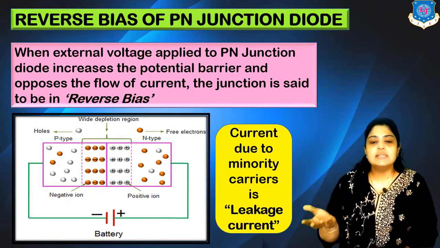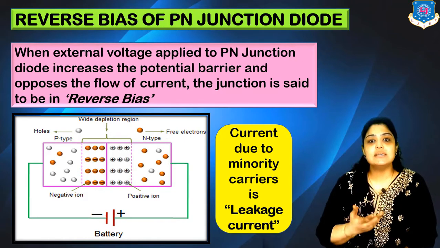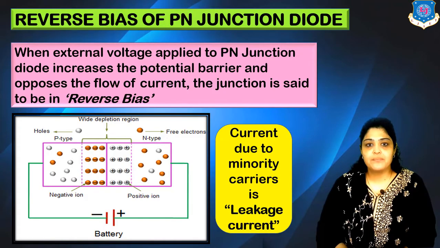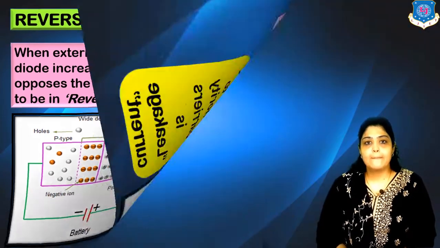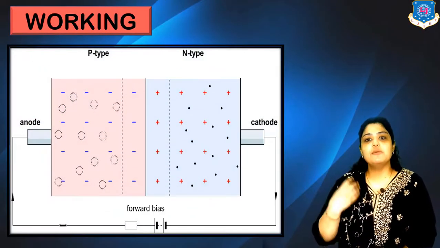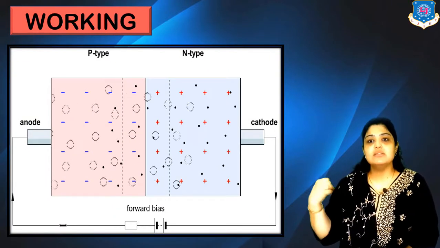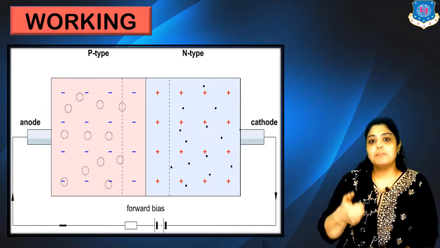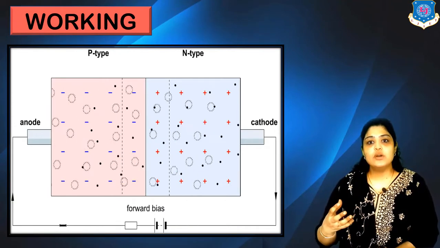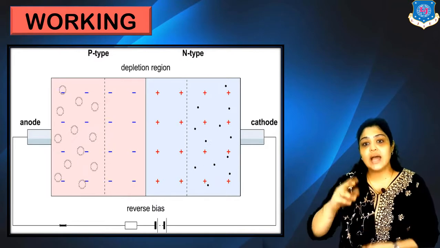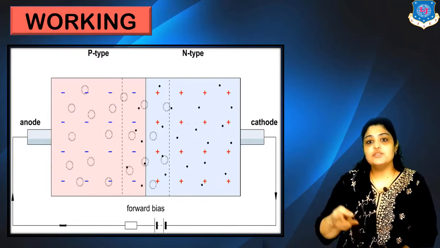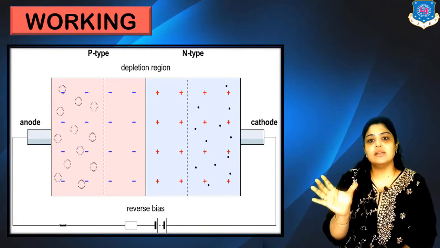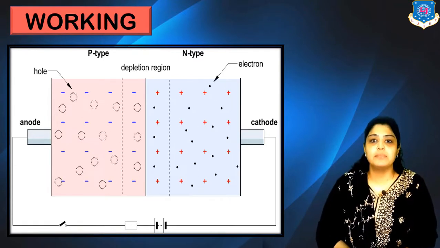Generally, the value of this leakage current in case of silicon diodes is in nanoamperes, and in case of germanium diodes is in microamperes. Let's move ahead and understand the working with the help of a small animation. So this represents the forward bias. Just look at the connections. N-type to the negative of the battery, P-type to the positive of the battery. And what is happening? Now, I have just reversed. Right, so in forward bias, you get a flow of current. In reverse bias, the depletion barrier increases and the connections are also swapped.